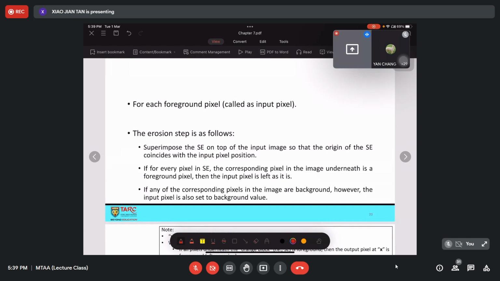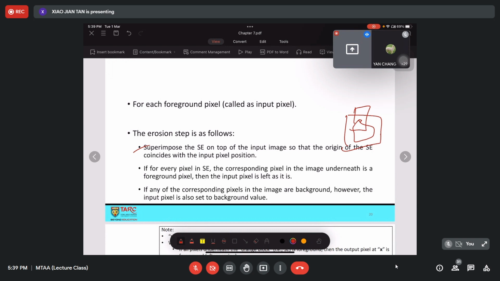For each foreground pixel, called the input pixel, the erosion step is as follows. First of all, superimpose the SE on top of the input image so that the origin of the SE coincides with the input image position. Basically, you just superimpose your structure element on the input image.